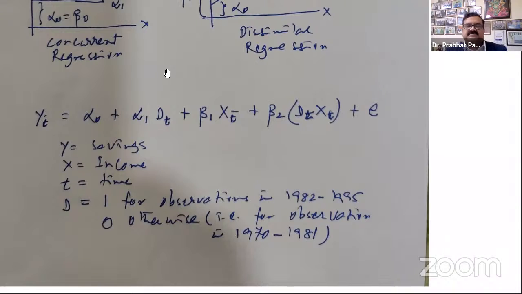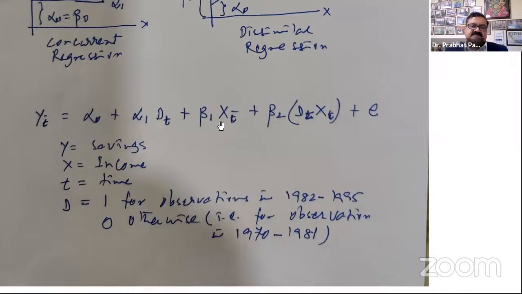How do we create the equation in dummy? So yt is equal to alpha 0. Alpha 0 means we are talking about one period. The whole period is divided into two periods. There is a cutoff here, right? So period 1, alpha 0 and alpha 1, these two represent the intercept and the slope of period 1. Beta represents period 2, which is a reference period.